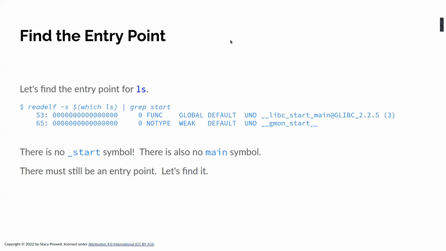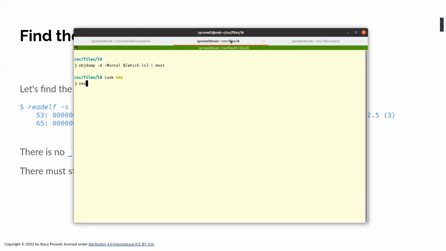So if we look at LS and we start poking around trying to find what things start, there's no start symbol and there's no main symbol. It has been stripped. There might have been at some point, but there's not now. But it has to have an entry point. So let's find the entry point. And we can do that in a number of ways. The simplest way is